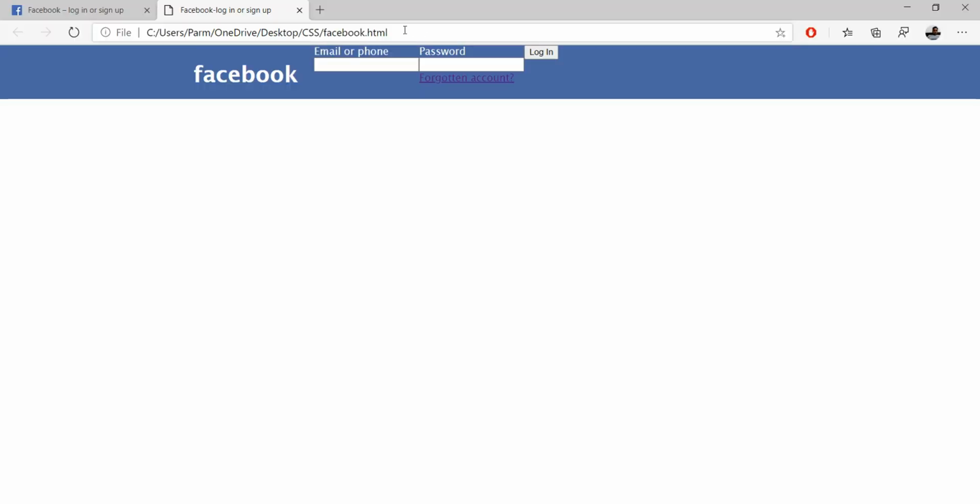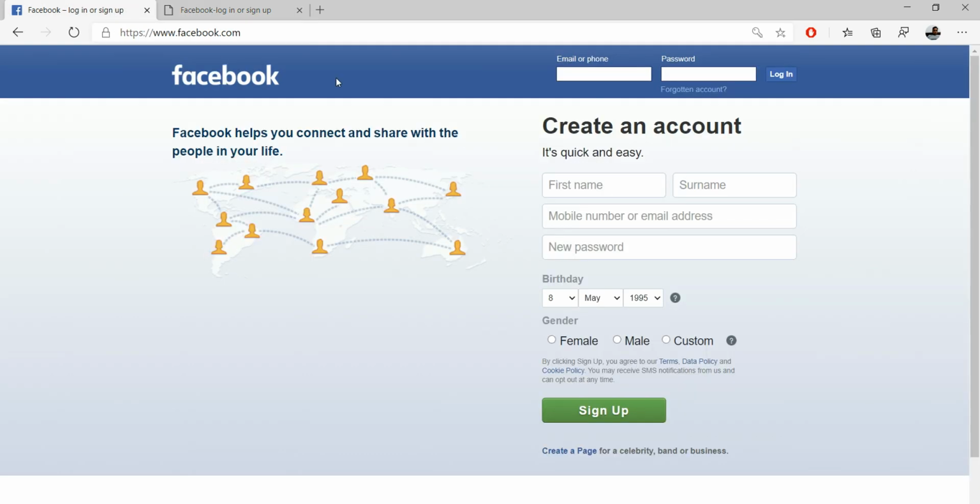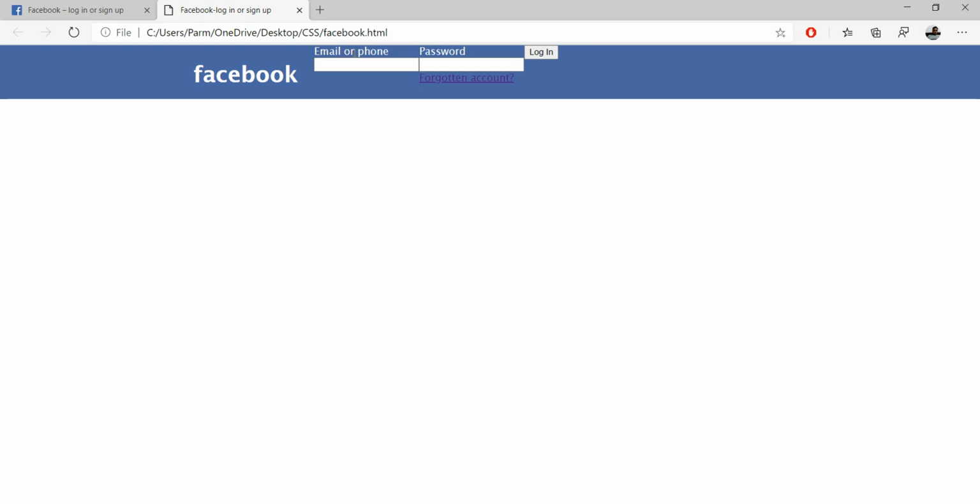If I go over there, if we see email or phone and password or forgotten account is written, if we see the text over there, there is a difference in the font size. And there is also a space between this. Forgotten account is a link, so when we point on this, a hover effect is taking place and an underline appears. But in our case our font size is larger, there is no space among them, the hover effect is not there, and this link is underlined, so we have to format all these things.